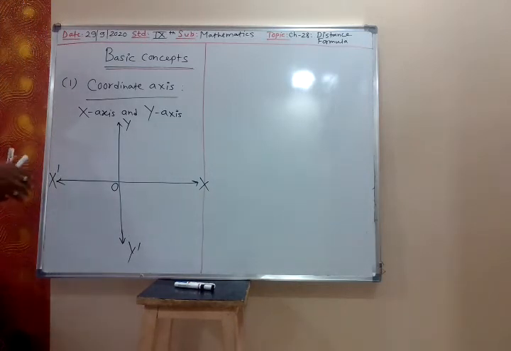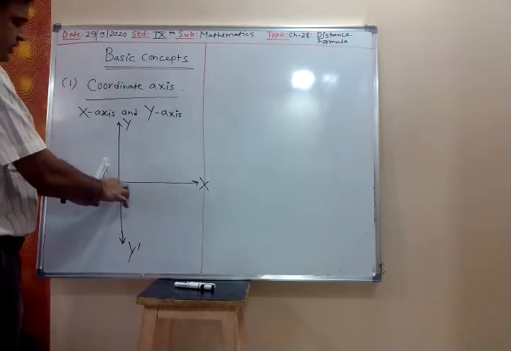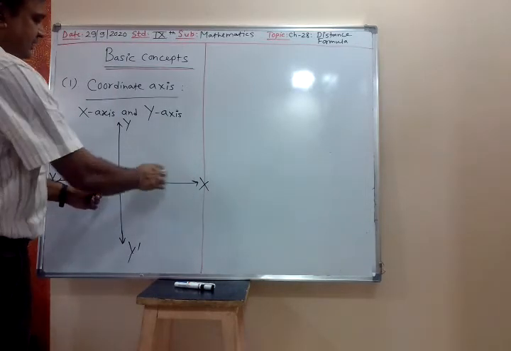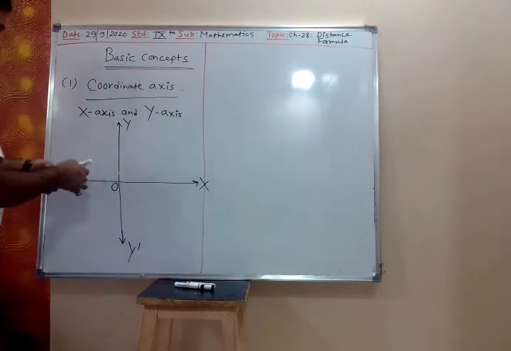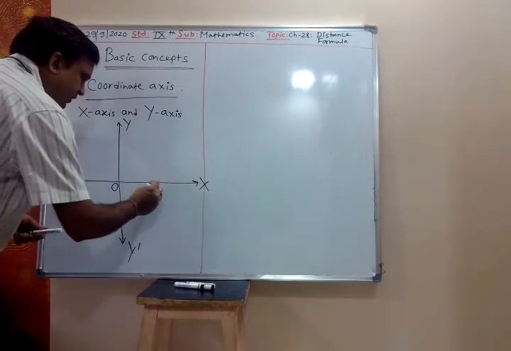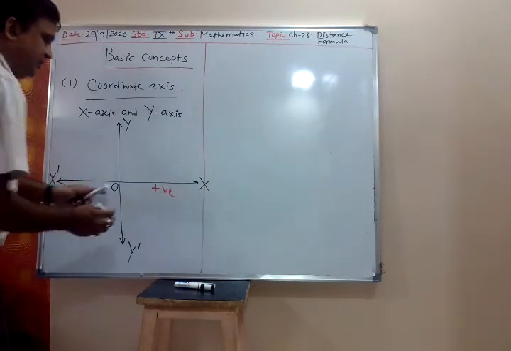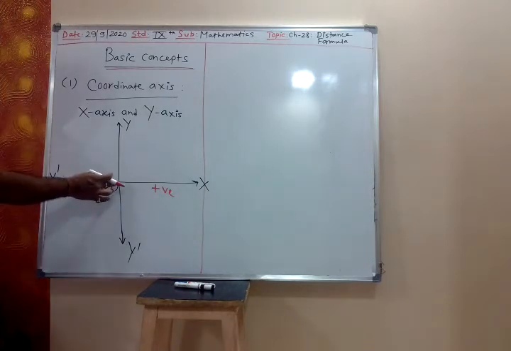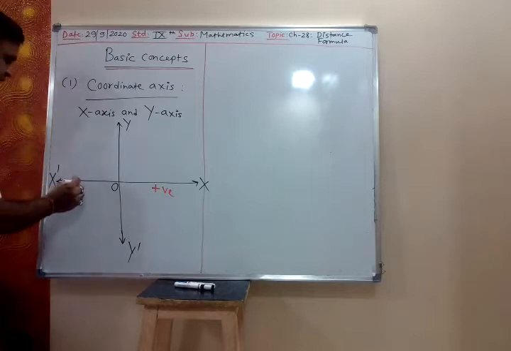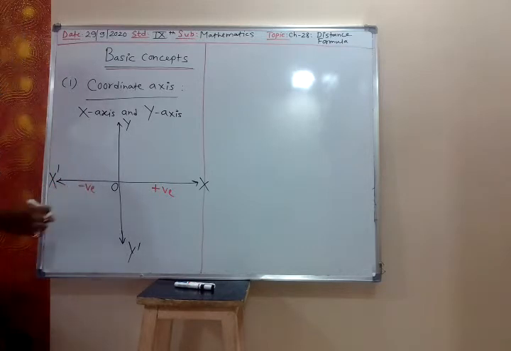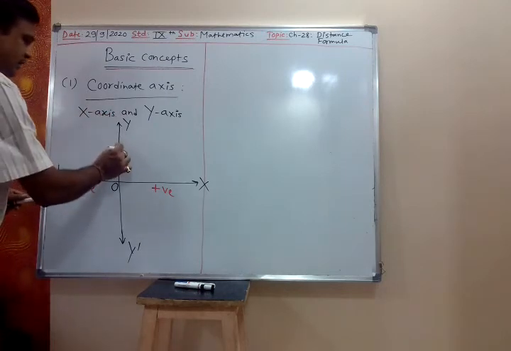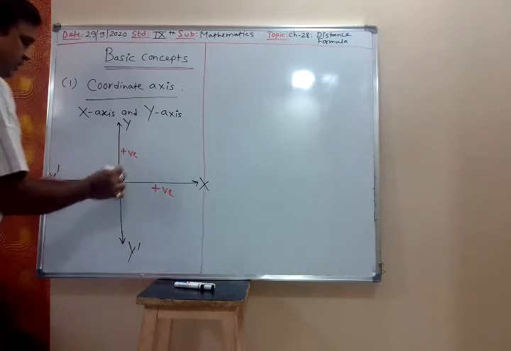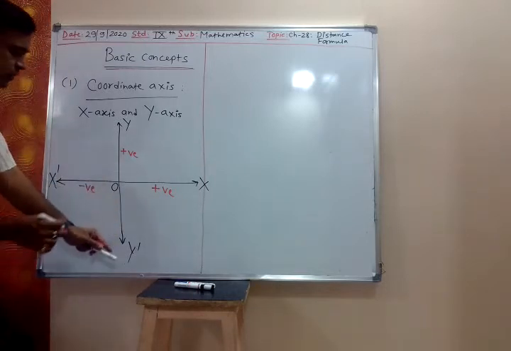Now, when you move from origin to the right on the x-axis, it is positive. It is the positive x-axis. When you move from origin to the left, you will get the negative x-axis. When you move from origin to the top, you will get the positive y-axis. And when you move from origin downward,